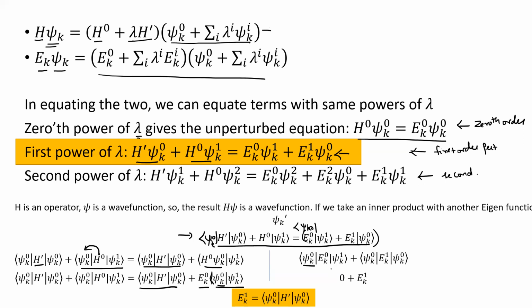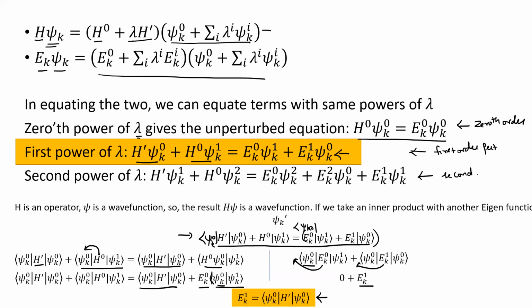Ek¹ ψk¹. Once again, Ek is just a constant, so it comes out of the inner product. You get ⟨ψk⁰|ψk¹⟩ plus the second term, ⟨ψk⁰|Ek¹|ψk⁰⟩. This will again come out, and ⟨ψk⁰|ψk⁰⟩, in a normalized way, should be equal to 1. So you get Ek¹. Ek¹ is the first-order perturbation to the energy Ek,